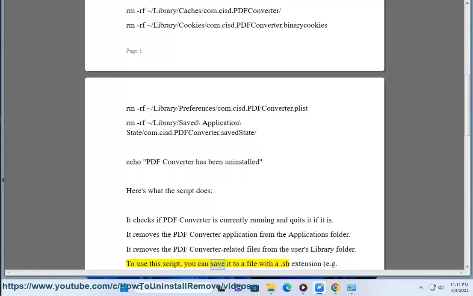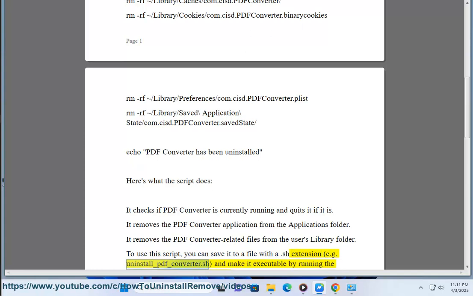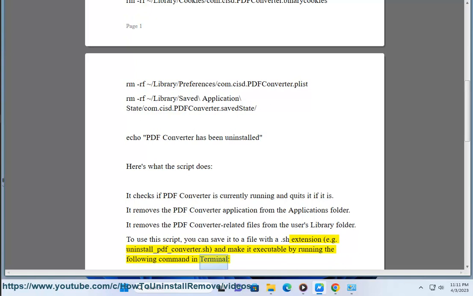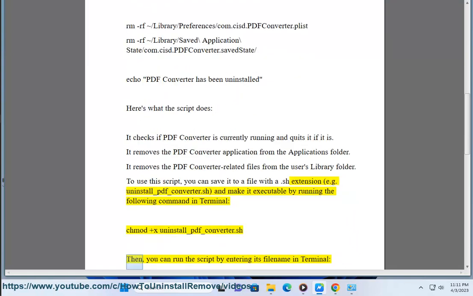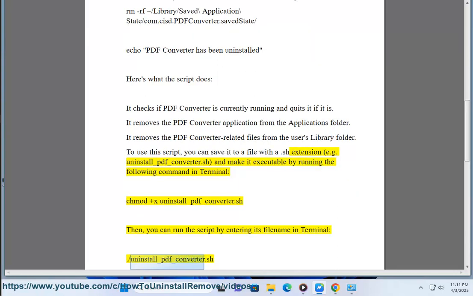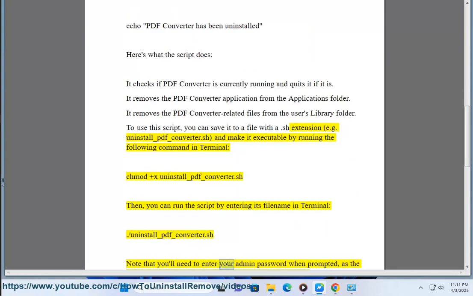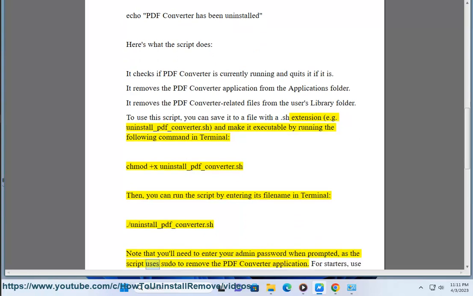To use this script, you can save it to a file with a .sh extension, e.g. uninstall_pdf_converter.sh, and make it executable by running the following command in Terminal: chmod +x uninstall_pdf_converter.sh. Then, you can run the script by entering its file name in Terminal: ./uninstall_pdf_converter.sh. Note that you'll need to enter your admin password when prompted, as the script uses sudo to remove the